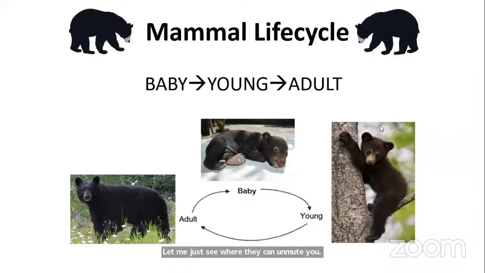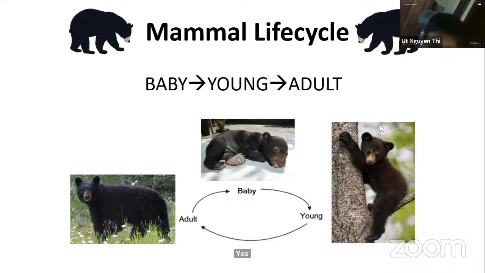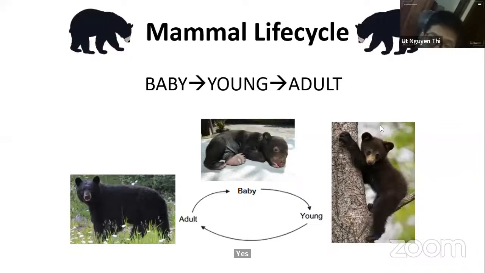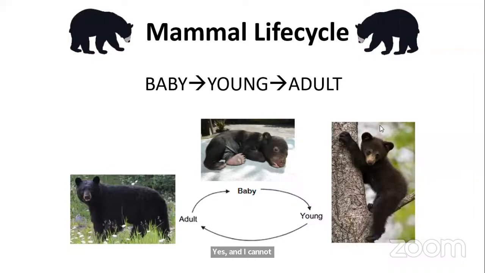All right, hi, yes. Teacher, yes. I happen to know a species of mammals called monotremes that instead of giving birth to young, they lay eggs, but they are still mammals. Yep, there's the platypus. The platypus actually lays eggs. Yes, and the echidna. Yes, correct. So as mentioned earlier, thank you very much. As mentioned earlier in chapter 2 on the animal kingdom, some mammals lay eggs, some give birth alive.